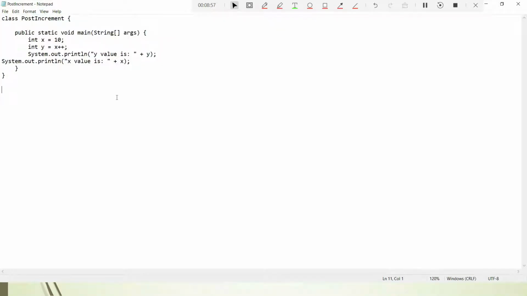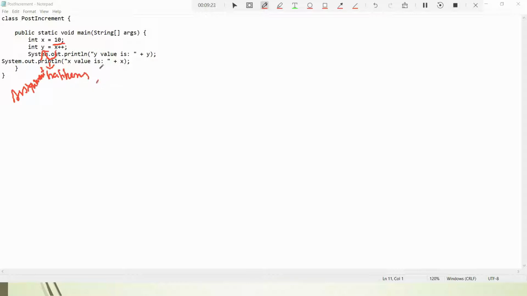Here also I have declared the x value as 10. What is the y value here? The y value will be 10, which is the x value. So first, the x value is sent to y. This happens first; that is the assignment.